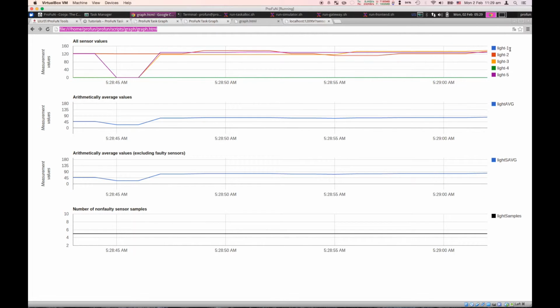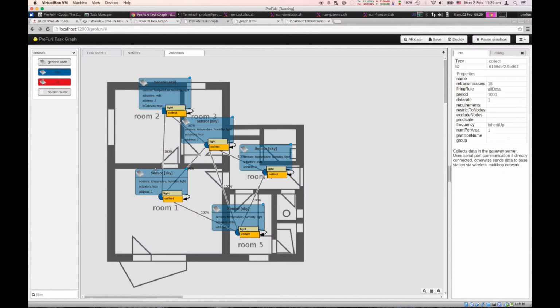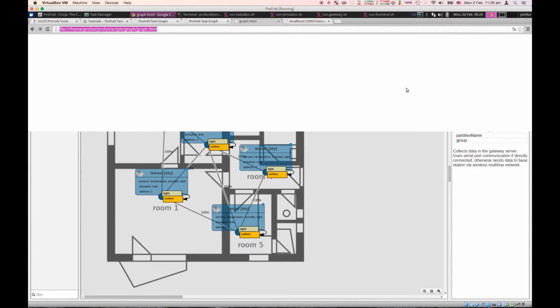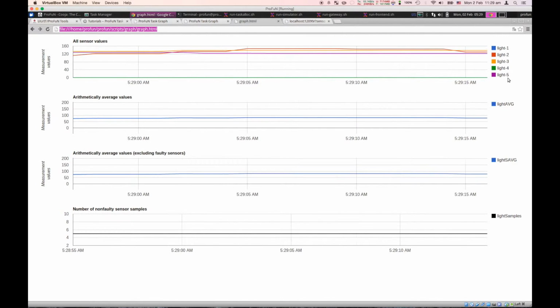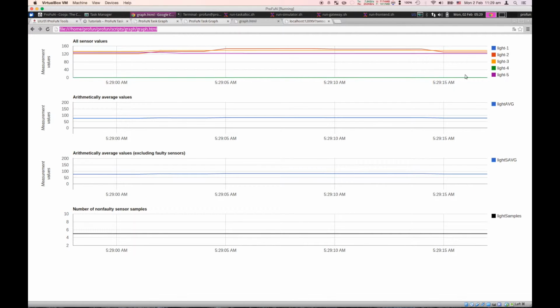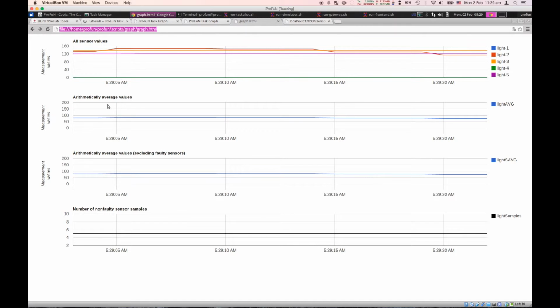These are exactly the same addresses as we define here for each sensor. Address 2, 3. So that would be basically room 2, room 1, room 2, and room 5. Then you have the individual light values. This one is